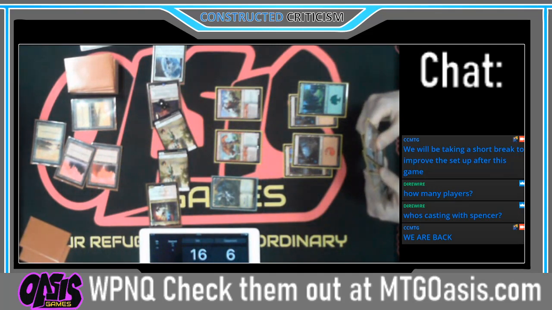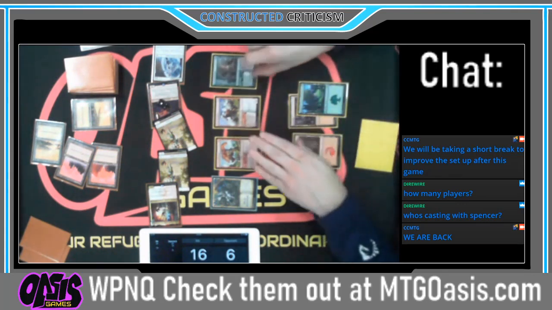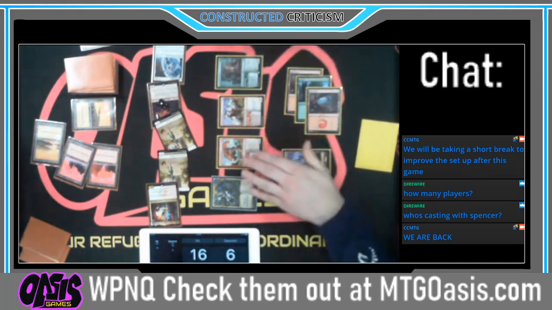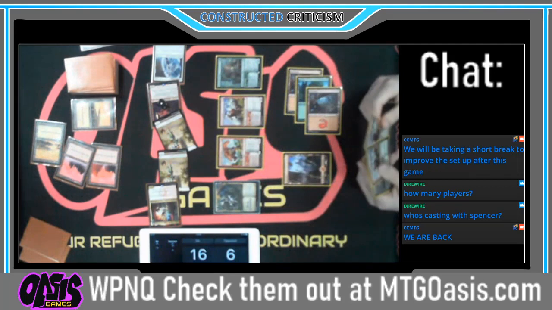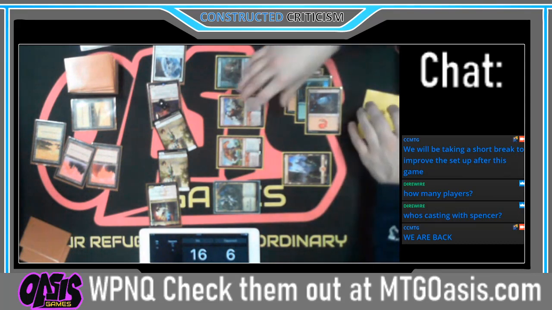So there's very, very little hope. The only chance he has is if he drew his own Embercleave this turn and had a pump spell. Well, we see a Lovestruck Beast coming down. I expect an attack with the 3-1 to maybe trade with the 1-1 token that's in play. It does not look like that would be...